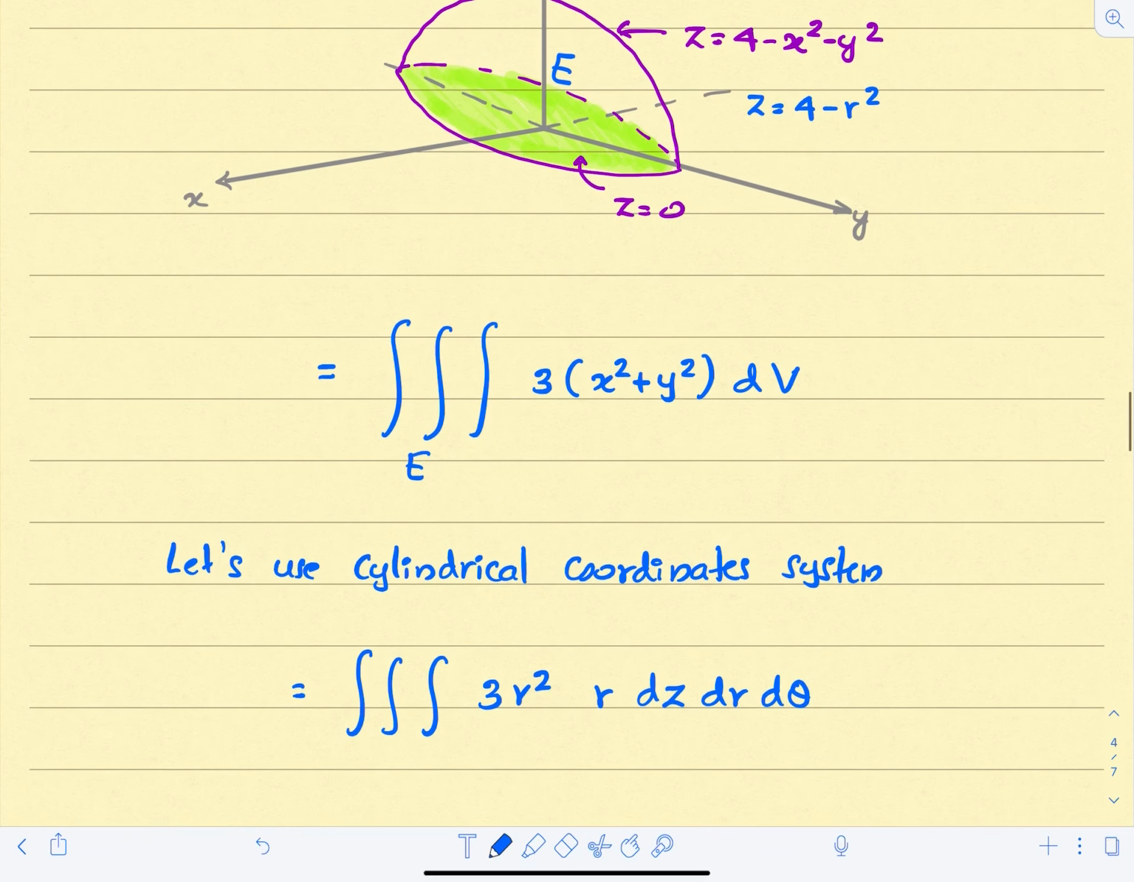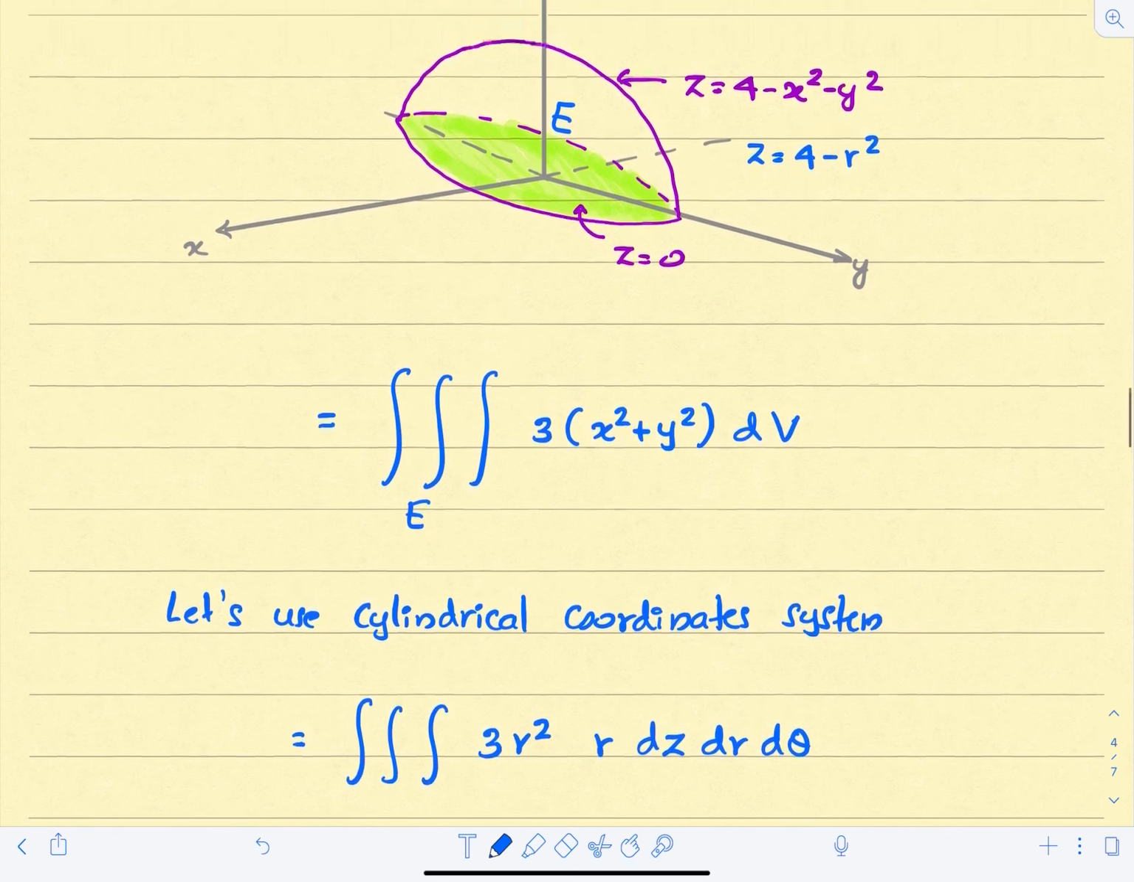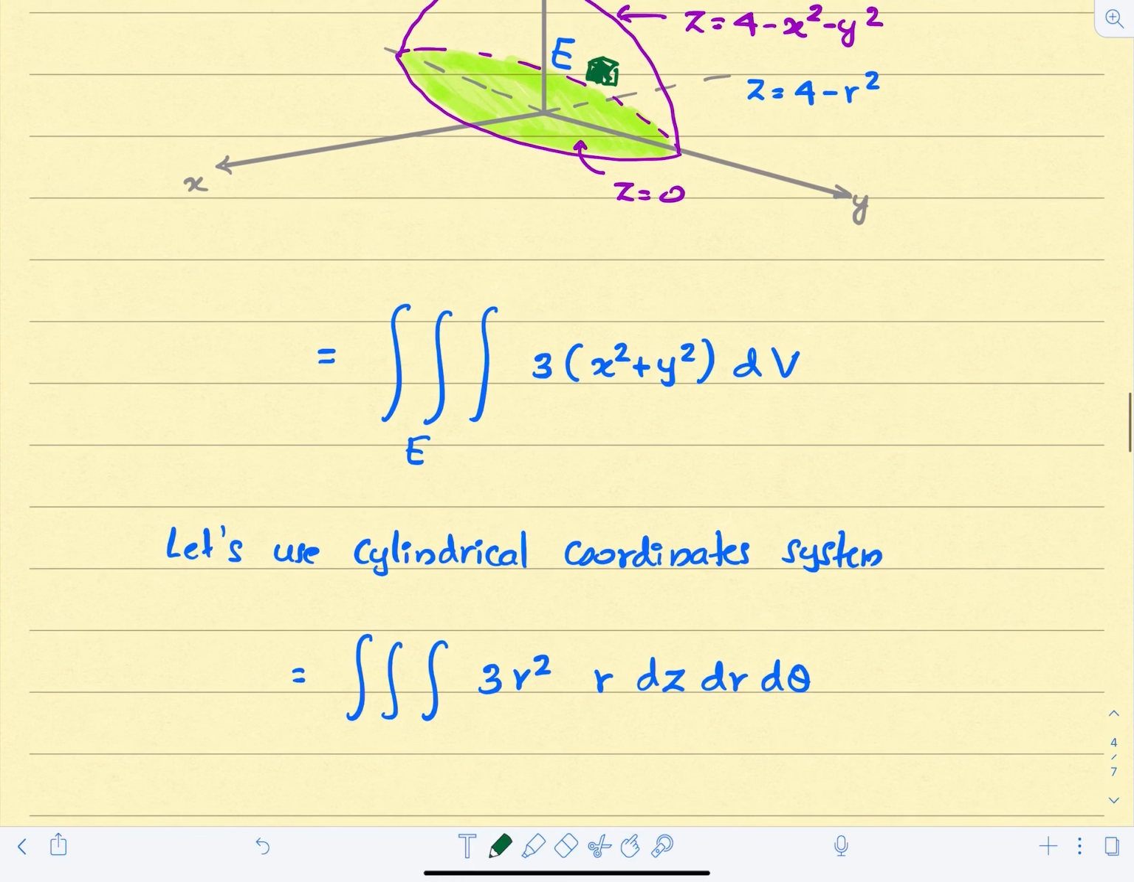Now the inner integral corresponds to the z variable. So let me consider a volume element like this. That's your volume element dV. Then the lower limit of z is 0. The upper limit of z is given by the surface of the paraboloid, which is 4 minus r squared. And then